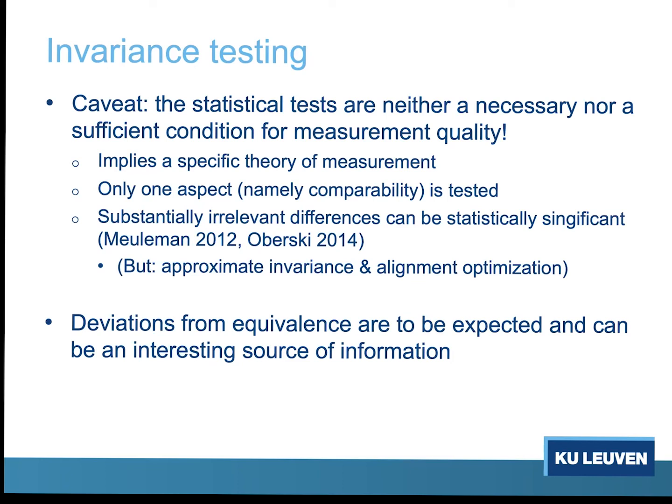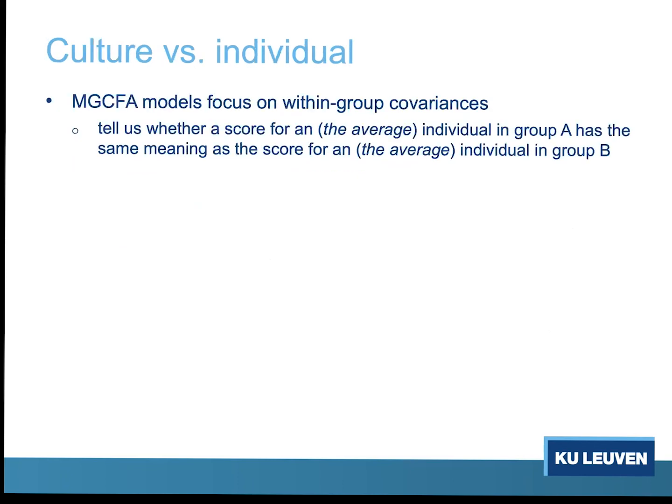And so what Welzel and colleagues specifically propose is that we should do more external validation. So we measure something, we aggregate it at the cultural level, and then we see if measurements correlate as expected in nomological networks. And if this is as expected, then it's an argument for the quality of the measurements. And here I take issue with this logic a little bit, or I see a problem.